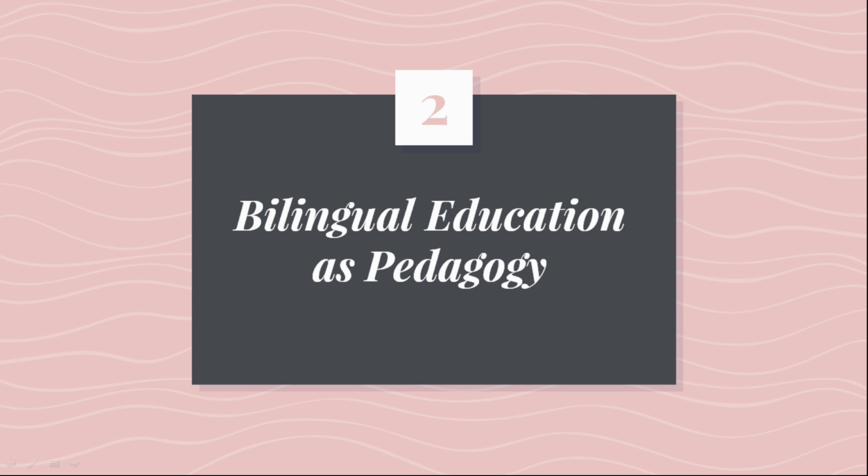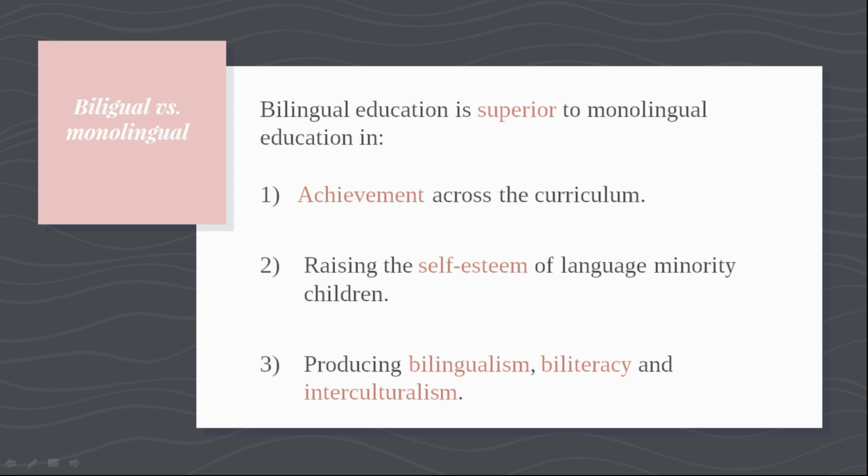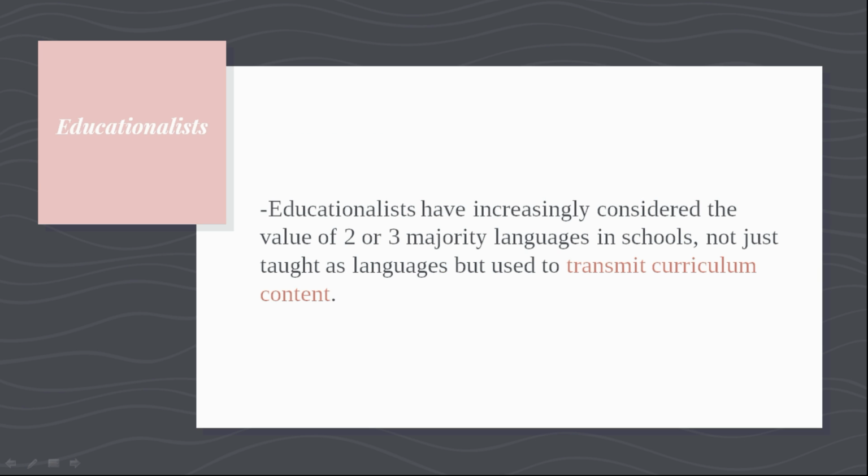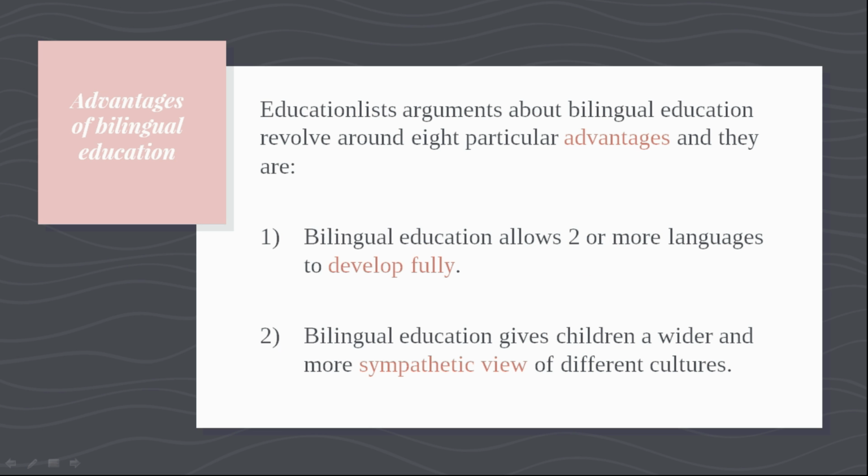Bilingual education as pedagogy. Bilingual education is superior to monolingual education in achievement across the curriculum, raising the self-esteem of language minority children, and producing bilingualism, biliteracy, and interculturalism. Educationalists have increasingly considered the value of two or three majority languages, not just taught as languages, but used to transmit curriculum content. Their arguments about bilingual education tend to revolve around eight advantages, and they are: